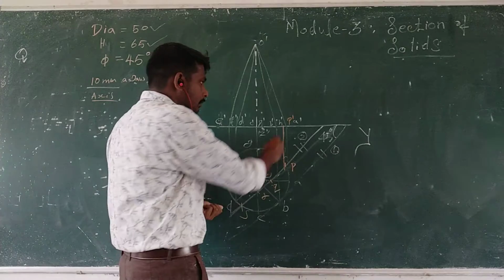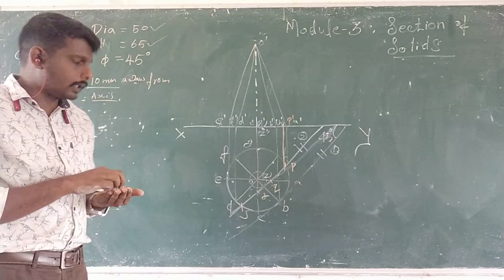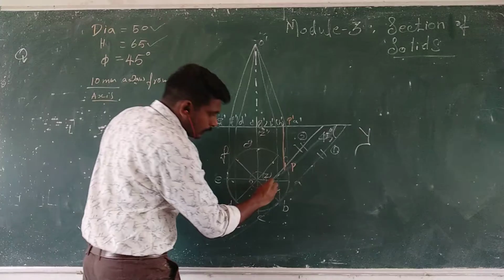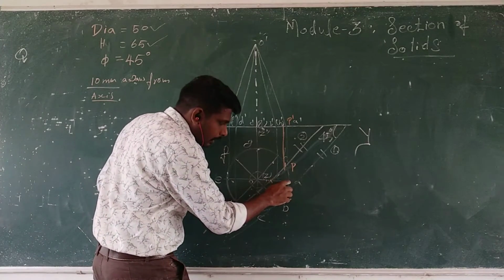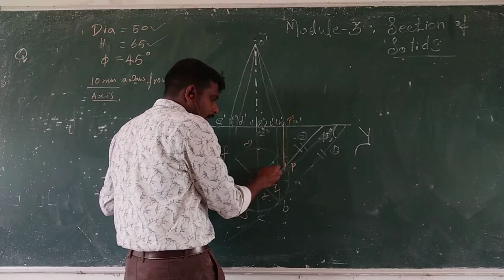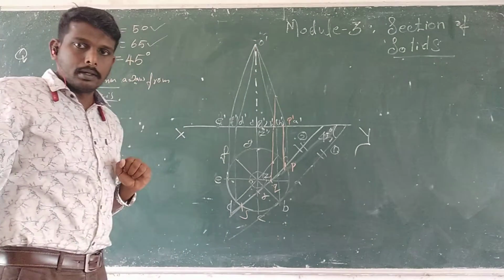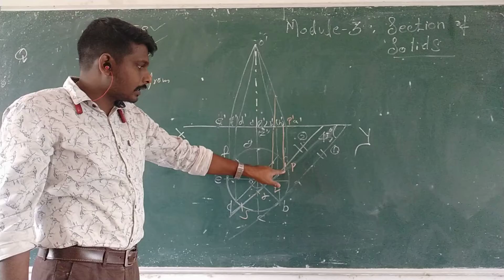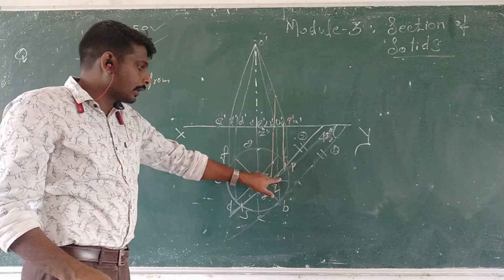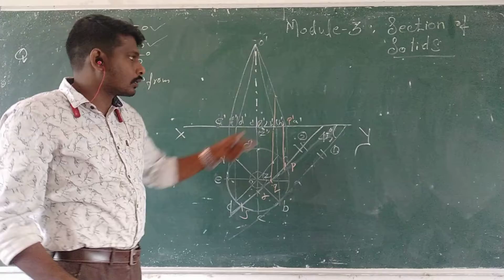Okay, here H dash is in bracket and G dash is in bracket and F dash is also in bracket. Then same way project Q. Q is intersecting the generator A to O. So we should project the point to A dash to O dash. Okay, got it? Here the point is a section on the base of the cone, so we should project to the corresponding base. Here the point is a section of A dash O dash, so we should project to A dash to O dash.